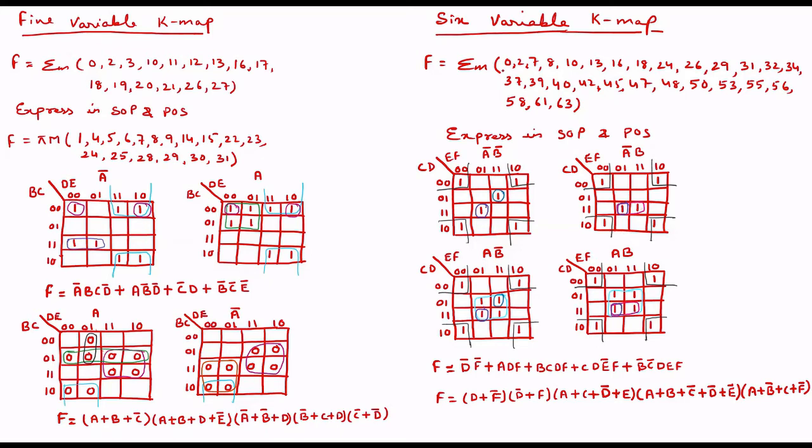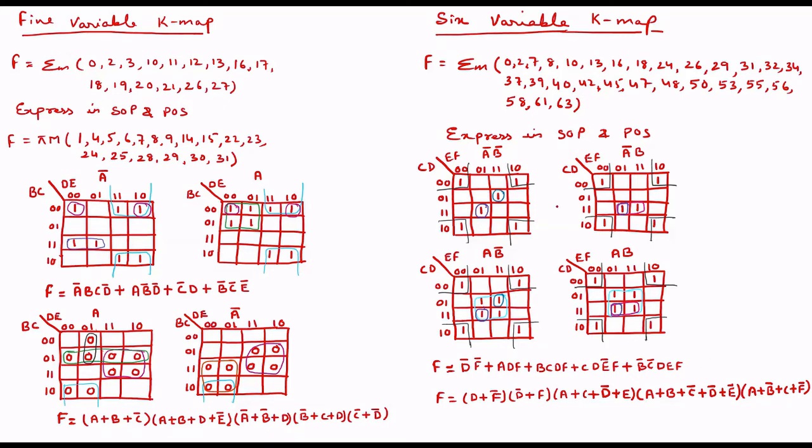As per this equation, whatever values are missing will be a part of the POS term, which you can put down. I am not solving the POS term over here; the answers are given below. You have to again form 4 graphs and find the POS values, put the POS max terms into the cells with 0 indication, and then form octets, pairs and quads as I described for 5 variable, and you will get this equation. You can check with this equation whether your answer is right or wrong.